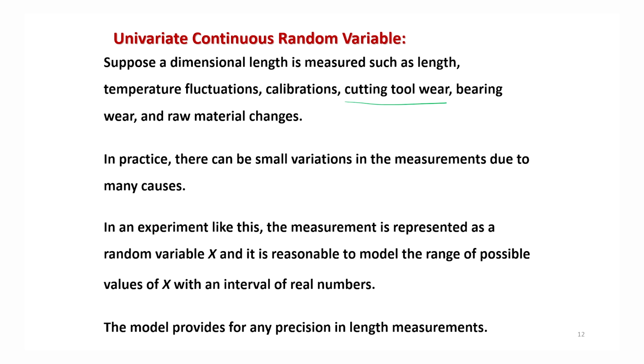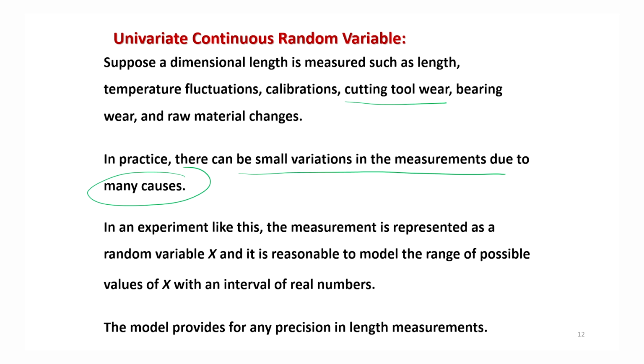But anyway, you can see that whenever you are trying to measure such observations, what is going to happen? First of all, there will be small variations in the measurements. And these variations may be due to different reasons. For example, just now I gave you an example that if you want to measure the moisture level in the soil in a field, then the level of moisture content in different parts of the field is not going to be the same, but there will be small variation.